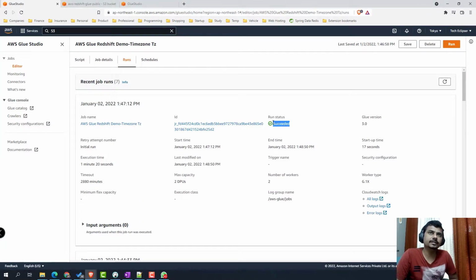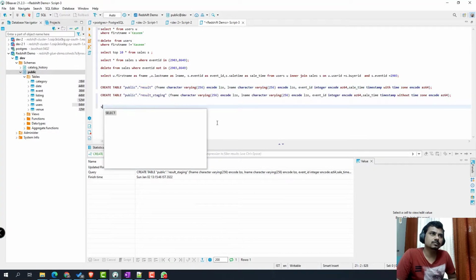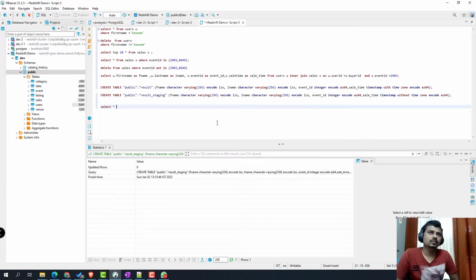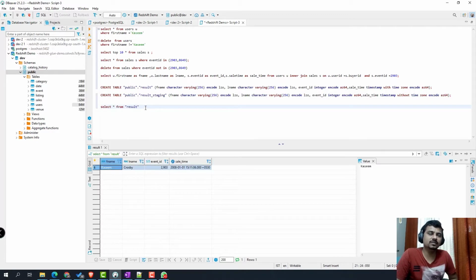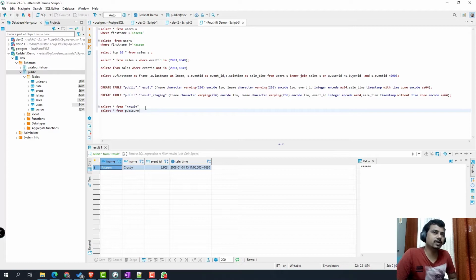Now this is succeeded. The only caveat with this particular approach is we have already created the staging table beforehand. If you don't want that, then you'll have to insert that create statement, which looks a bit tedious. So we'll shortly look at approach 2, where even if you don't create the staging table beforehand, we'll create it on the fly and drop it on the fly, and whatever the query output will be persisted only into a result table.